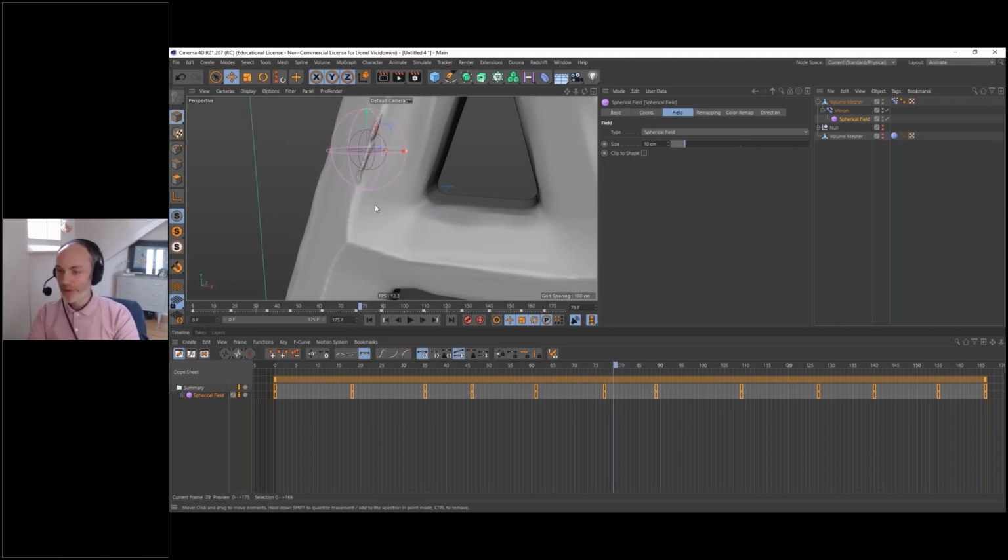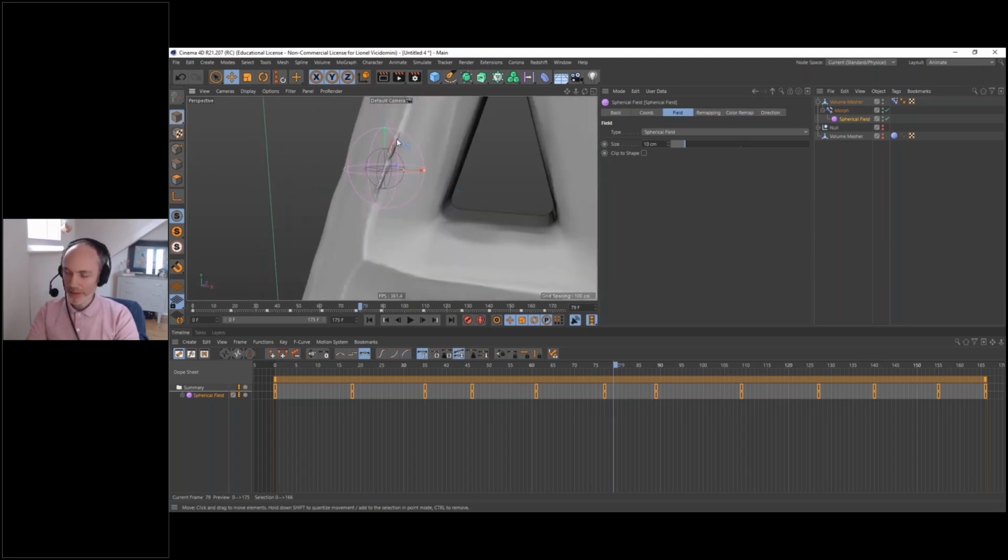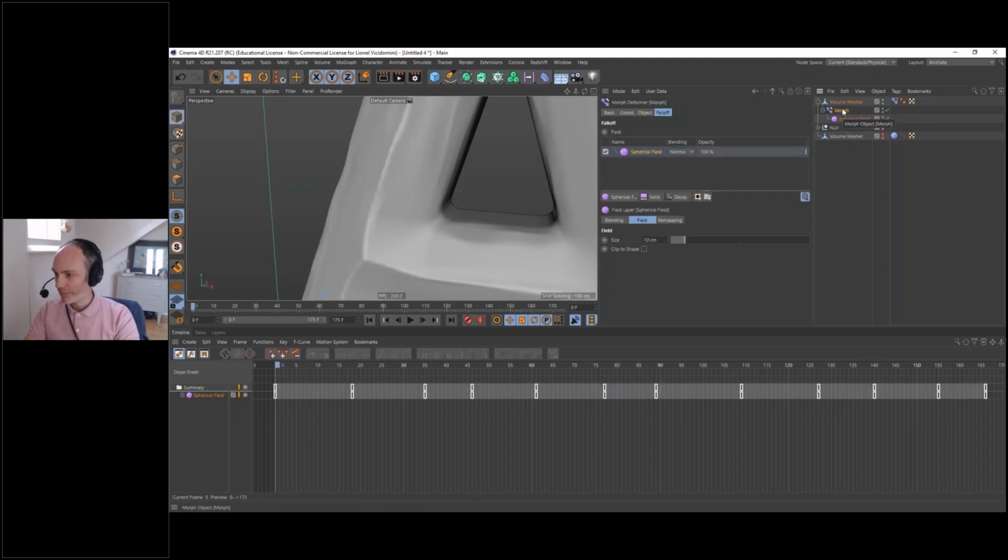There is one last thing to do. As you can see, the welding is going to disappear outside of the sphere, of course, because it exists only inside the sphere. So I'm going to use one last feature of the field. I'm going to take here the morph modifier and add another special field, which is the decay field. That's one of those weird fields that nobody knows what it's doing. And the decay field is going to leave the effect here if you put it on maximum and 100% strength.